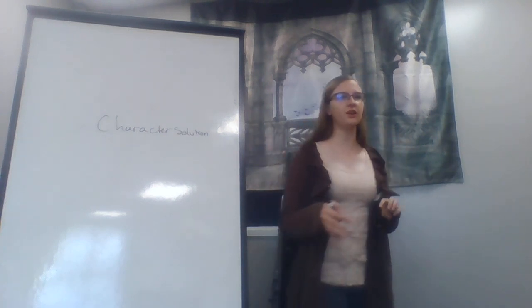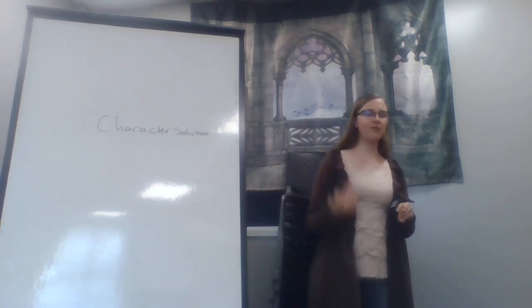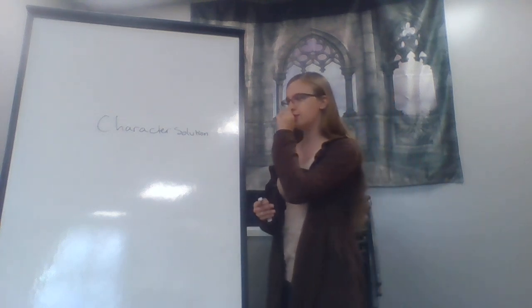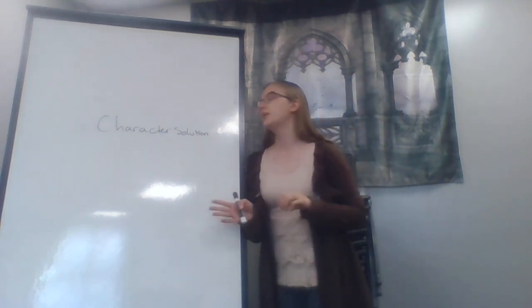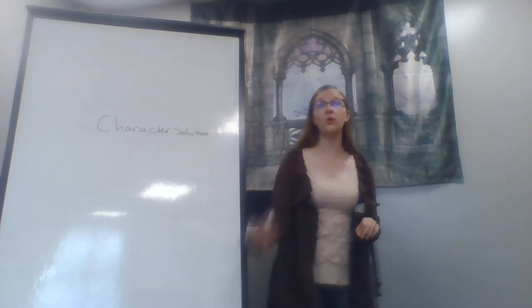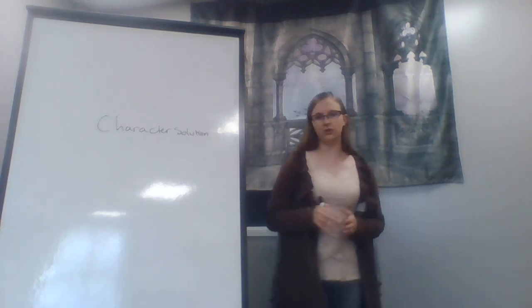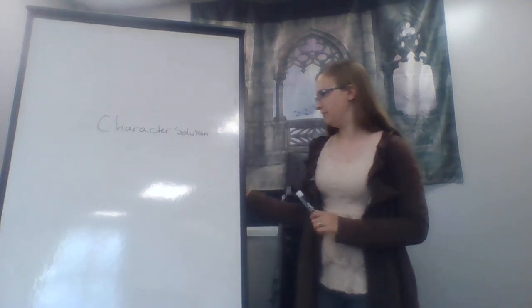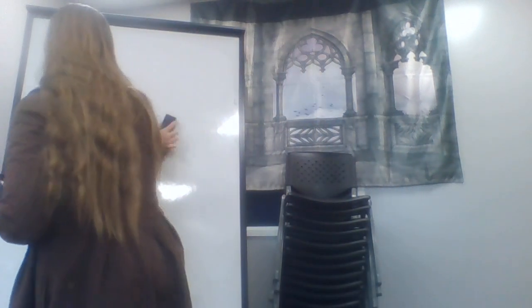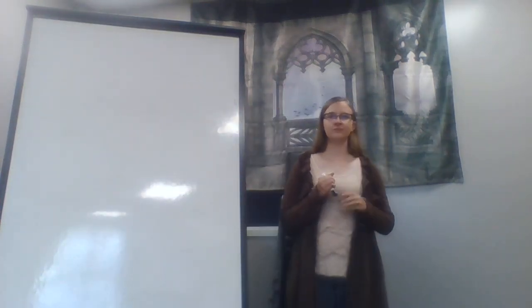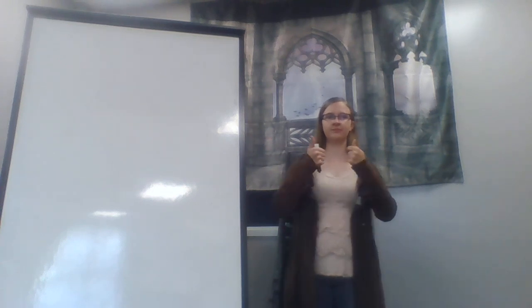Or if they want to kill them really, really badly, but they also don't have the heart to pull the trigger, that's another one that you can foreshadow well. You just gotta make sure that you demonstrate these character solutions before the solution. That way you don't have a disconnect with your reader. Alright. Any other questions about leading up to the climax or the inciting incident? No? Okay.